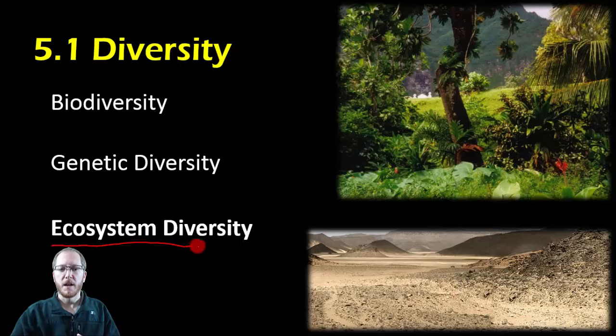Now, ecosystem diversity is a diversity where we look at an area, let's say a country, and we want to understand how many different types of ecosystems there are. Because diversity normally means differences. If you have a country that's entirely desert, that's going to be pretty low ecosystem diversity. If you have a country that's solely rainforest, still going to be relatively low ecosystem diversity because it's all the same type of ecosystem. But ideally, if you're looking at a country that has dozens of different types of ecosystems,